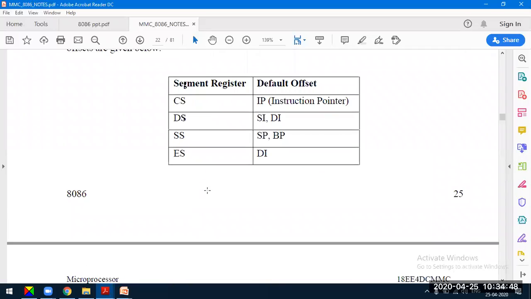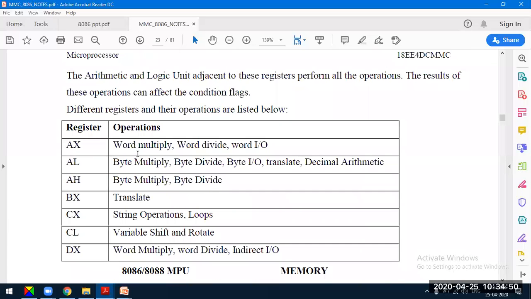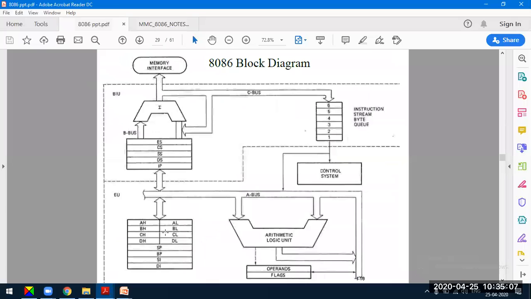The 8086 has various CPU registers. They are called AX, which is divided into AH and AL. It has BX, which is similarly divided into BH and BL, as we can see from this diagram.